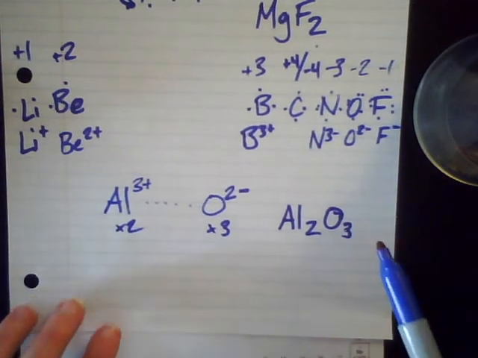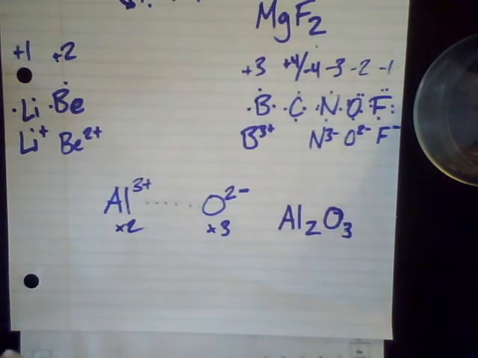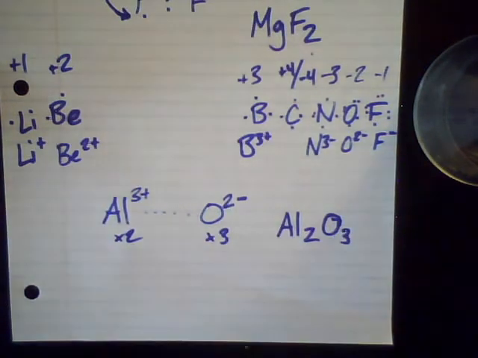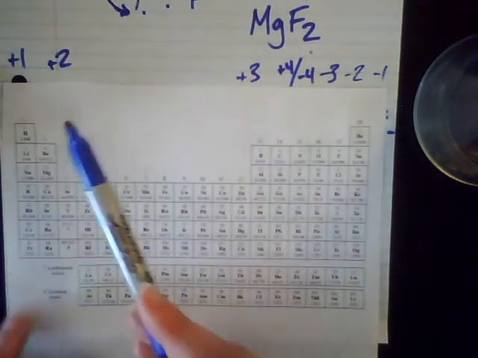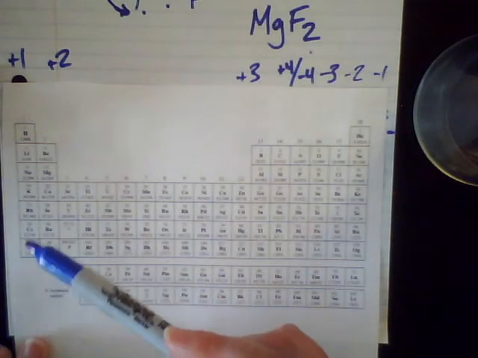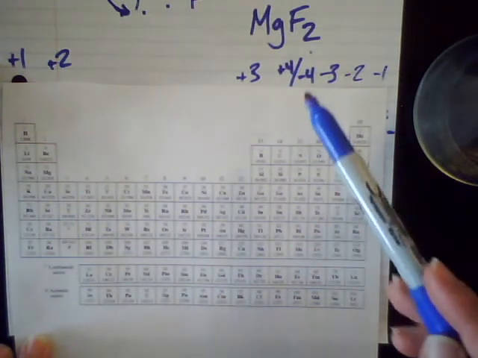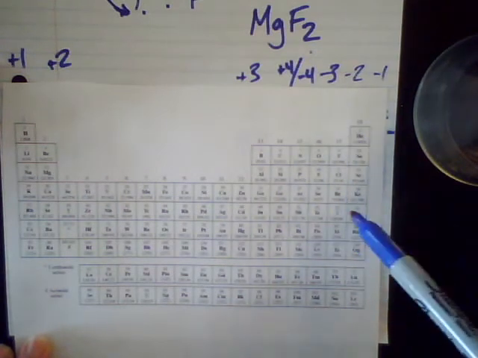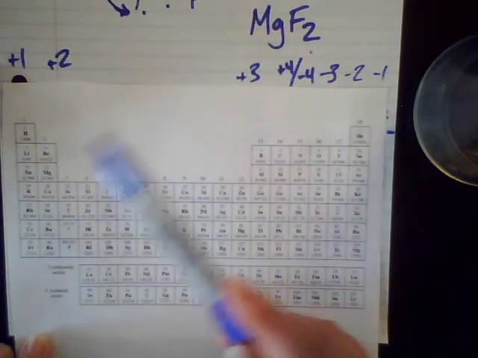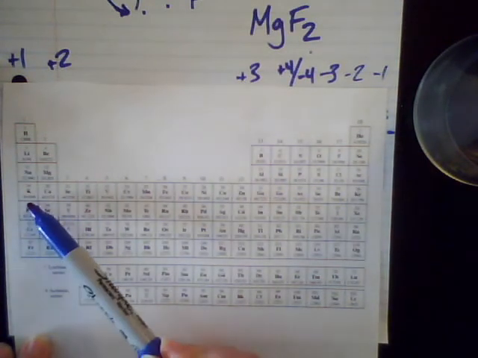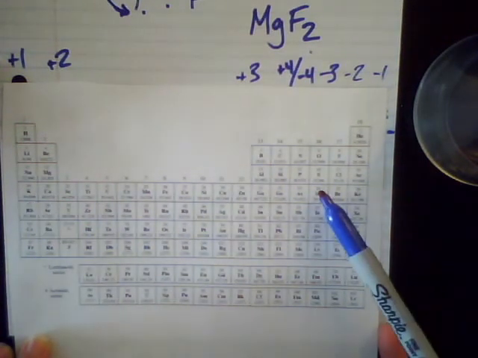Okay. So the key to ionic compounds and the key to figuring this stuff out is knowing on the periodic table which charges are which. So everything in column 1 is +1, and column 2 it's +2, column 3 is +3, +4, -4, -3, -2, -1, 0. So if you know all of these, when I ask you to put them together, so let's say potassium with sulfur,